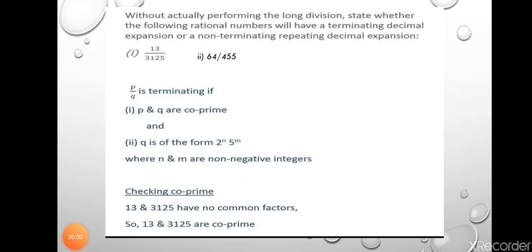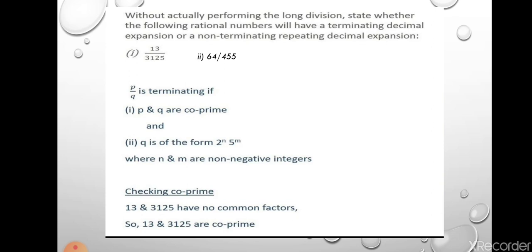Now look at this example. Without actually performing the long division, state whether the following rational numbers will have a terminating decimal or a non-terminating repeating decimal expansion. That means here you have two rational numbers. You have to identify whether each given rational number is terminating or non-terminating and repeating without using any long division method. So the first one is 13 upon